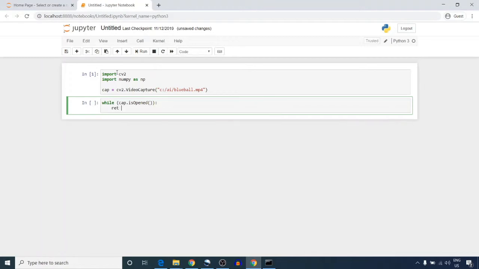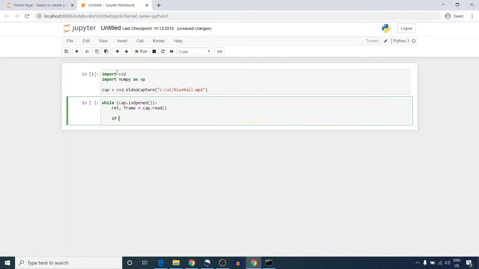So ret and frame equal to cap.read(). Next, if ret equal to true, then